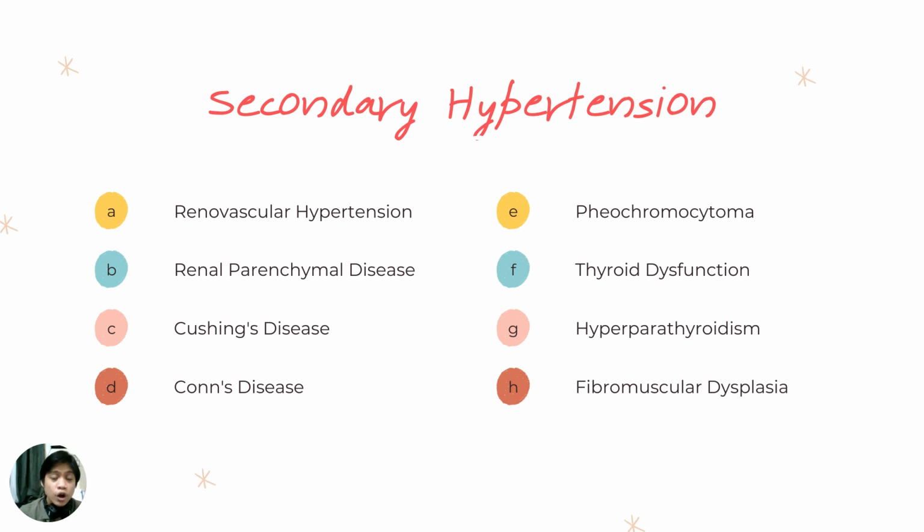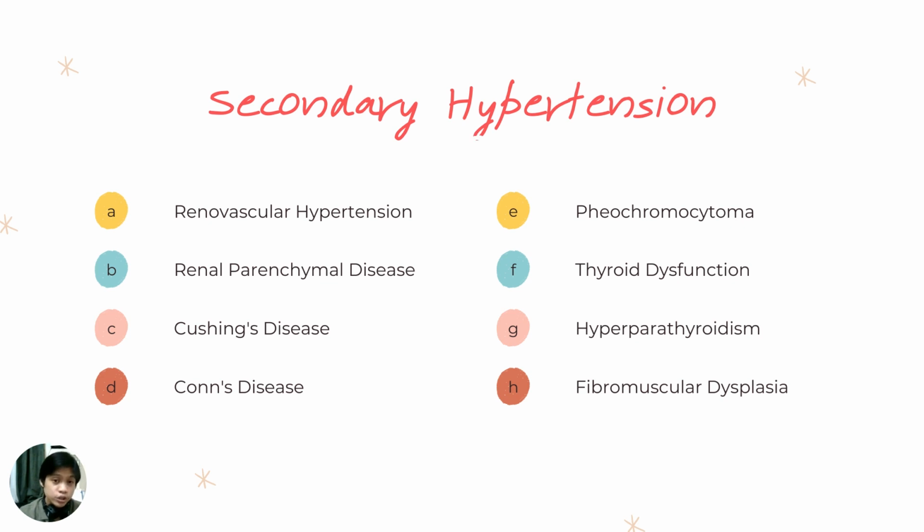So those are the most common causes of secondary hypertension. Renovascular hypertension, blood vessels supplying the kidney are damaged. Renal parenchymal disease, the kidney itself is damaged. Cushing's disease, there is an elevated level of cortisol leading to excess sodium in the blood. Conn's disease, there is an elevated level of the principal mineralocorticoid, which is aldosterone. Pheochromocytoma, which is a tumor of the adrenal medulla, which is hypersecreting epinephrine, which leads to an increase in cardiac output